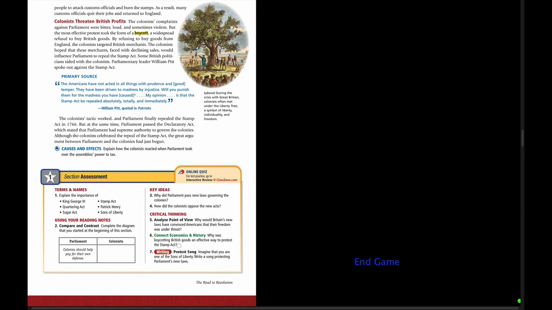So imagine you were an Englishman. You weren't a colonist. You came to the colonies from Britain to be a businessman, to earn money and to work for the government. And now the colonists, where you work, are saying we don't agree with Parliament and that we don't like paying the Stamp Acts. And they come in and they start burning your office and they destroy all of the stamp making equipment. So either you stay and possibly be injured, or maybe you join their side because you realize, well, maybe this stuff shouldn't happen. Or you do as what most of them did. Many custom officials quit their jobs.